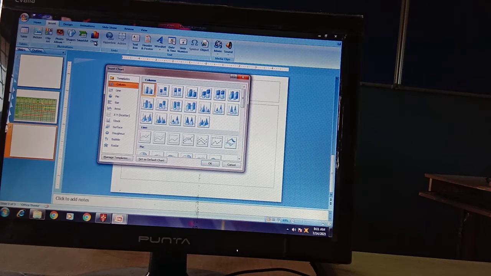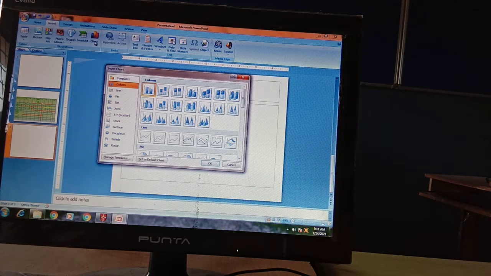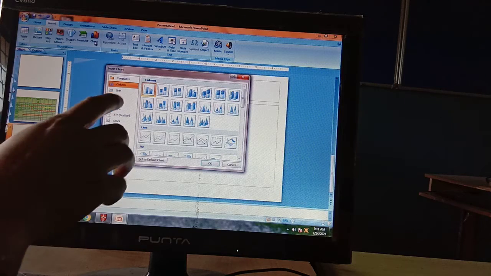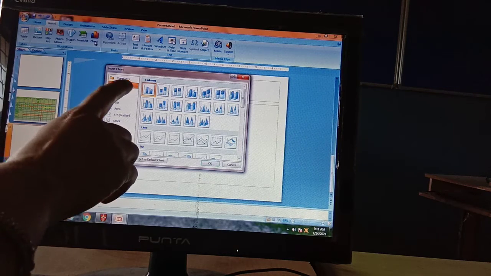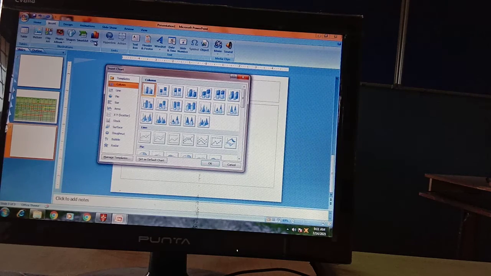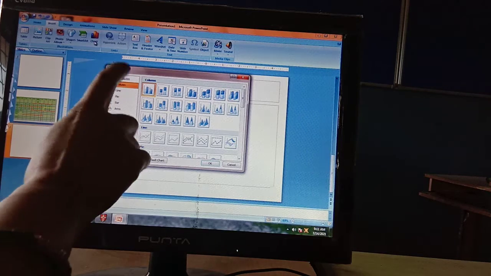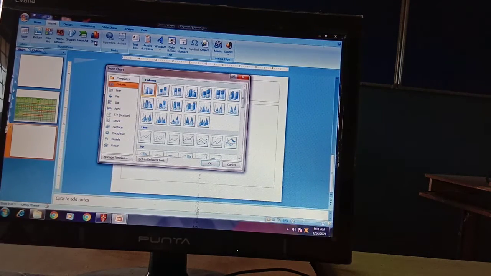As you click on the Chart option, the types of charts will be available. Whatever type of chart you want to insert, you need to click. For example, in your syllabus we are going to learn about the column chart, bar chart, line chart, and pie chart.